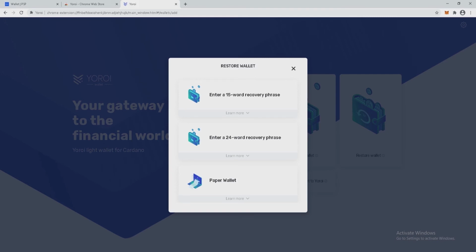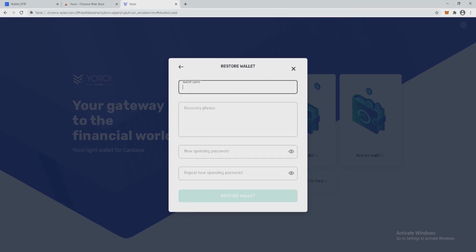Now since I have a 24 word recovery phrase, we will choose the option 24 word recovery phrase. Put some wallet name here, enter the 24 word recovery phrase, and create a new password to restore the wallet. So I'll do that.